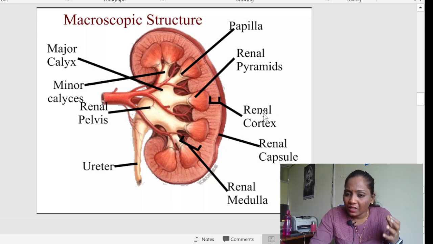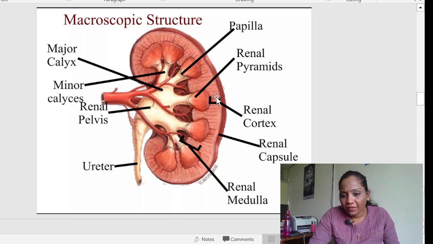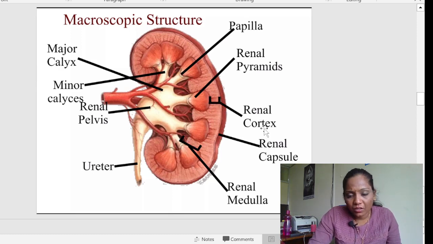Please listen carefully and write the exam as it is. Outermost covering layer is called the renal capsule, and in between the renal pyramids, the space is called the renal medulla, and in between renal medulla and capsule, whatever the fibrous tissue is there, that's called the renal cortex. And here, if you see, each kidney will have different pyramid-shaped organs, that we call renal pyramids,